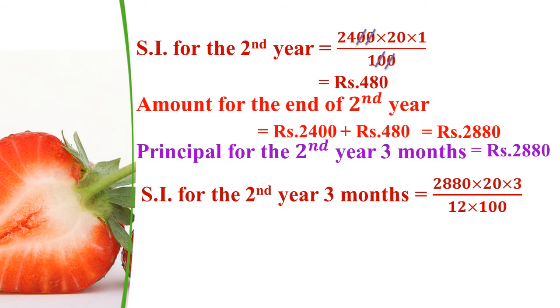2880 into 20 into 3 by 12 into 100. Here 0 and 0 gets cancelled out. Another 0 and 0 gets cancelled out. So the simple interest for 2 years 3 months equal rupees